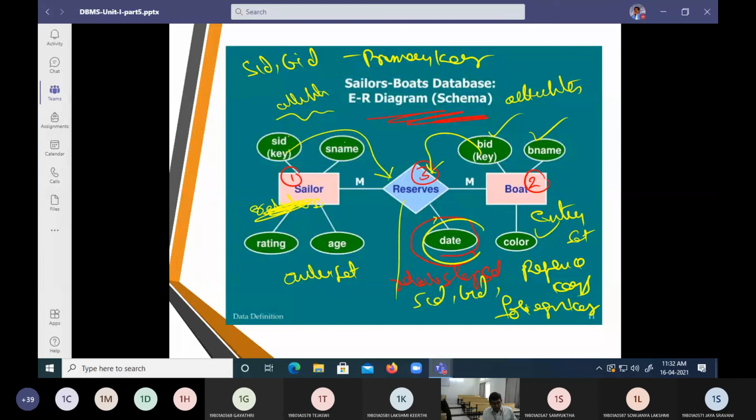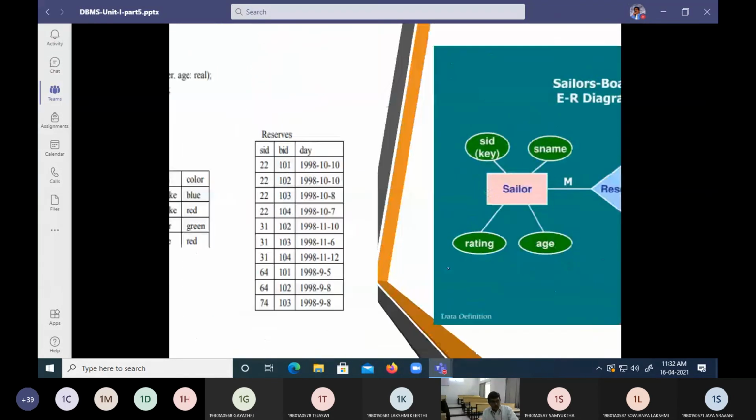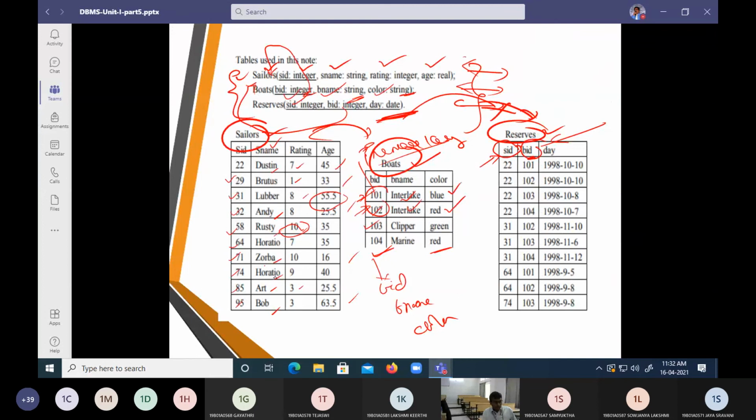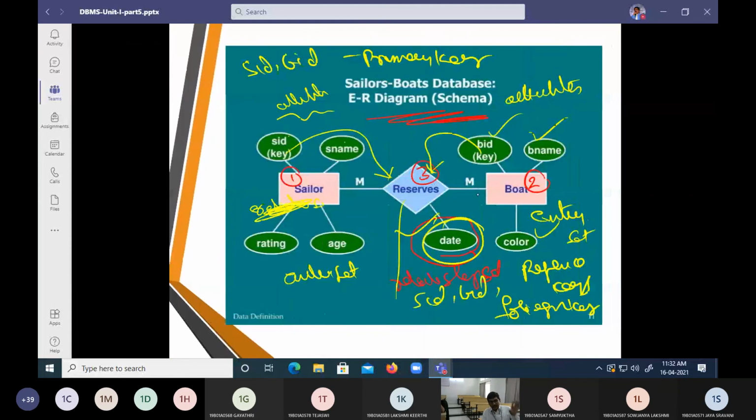And the only attribute inside the reserves is date. So we do have three tables, that is sailor, boat, and reserves, and they have their own databases as sailor database, boat database, and reserve database. And the relationship among them, we are going to put in the ER diagram.